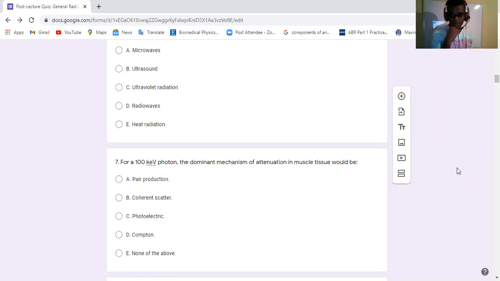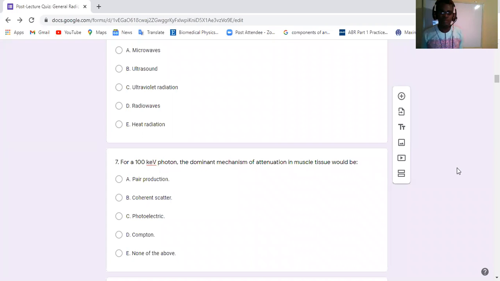Okay, we are playing around the answer. It's Compton, but the tissue will absorb the energy, and when the tissue absorbs this energy, many things begin to happen. Coherent scatter, photoelectric, and Compton all begin to happen at this energy. But for 100 keV, coherent scatter is almost zero. We are left with photoelectric and Compton, but for soft tissue at this energy, the major mechanism is Compton.